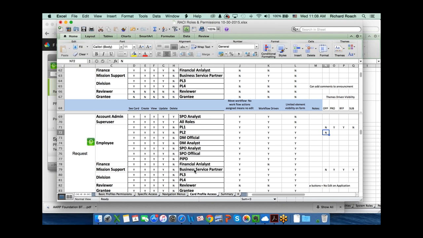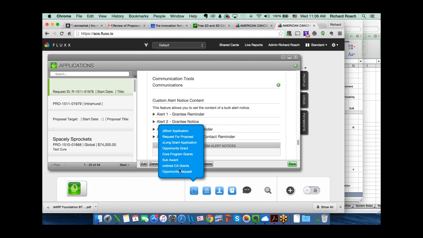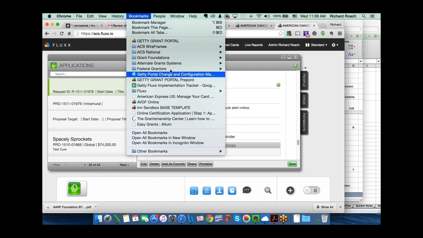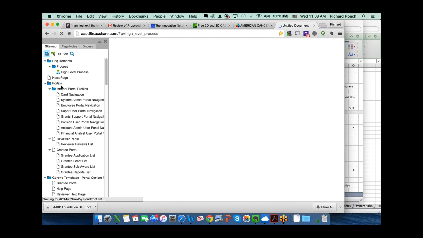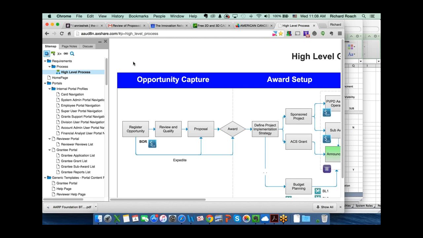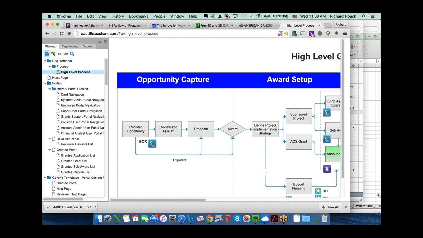Other than when they initially submit what used to be called the BOR, there's a document to create the request. At that point, they don't do anything with it other than we might ask them for some comments. But there's no purpose, no reason they would need to have